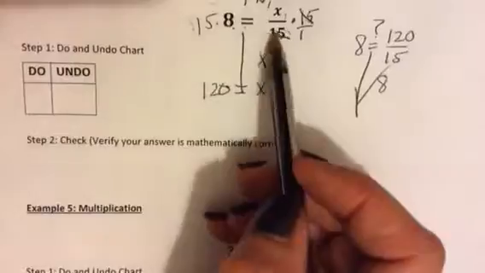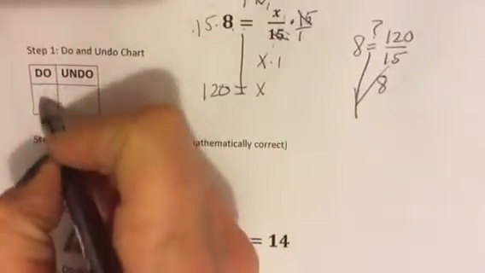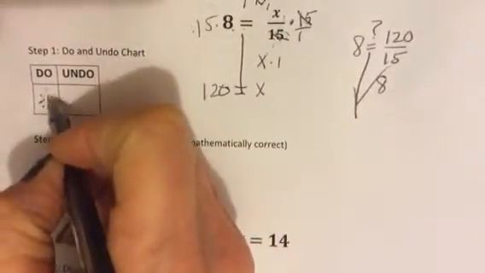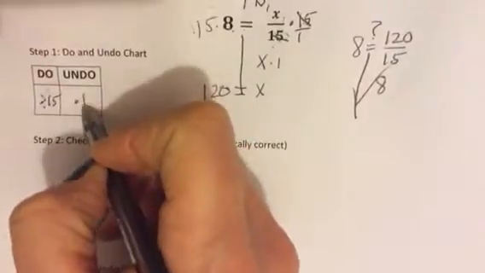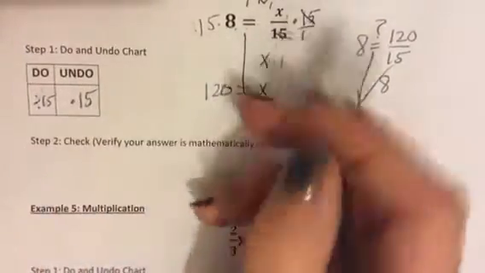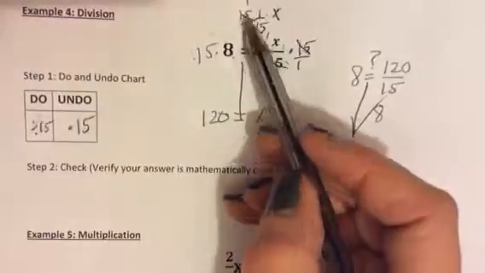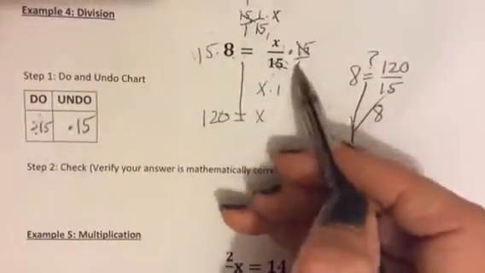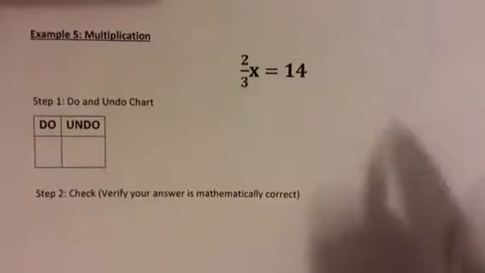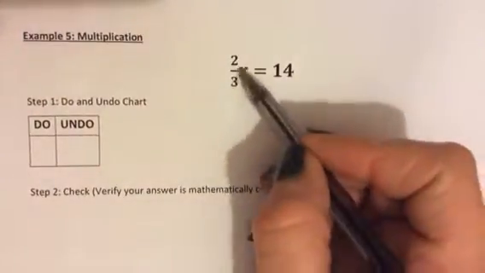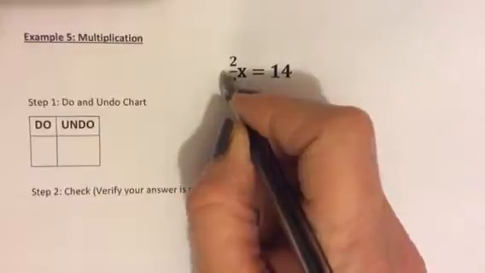Oh, can I go back here just a minute? Okay, for the do-undo, we're dividing by 15. So I'm going to put divided by 15 there. So the undo, you multiply by 15, which is what we did, which is the same thing as 15 over 1. Okay, so then example number 5, we want to get x times 1 because we're multiplying,